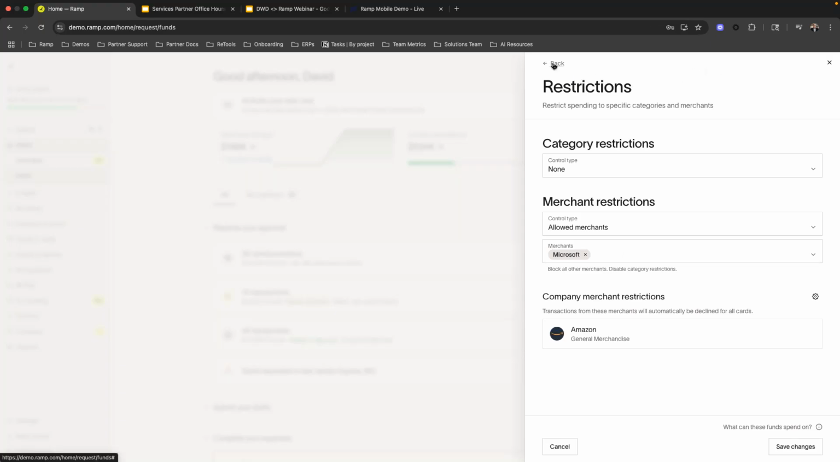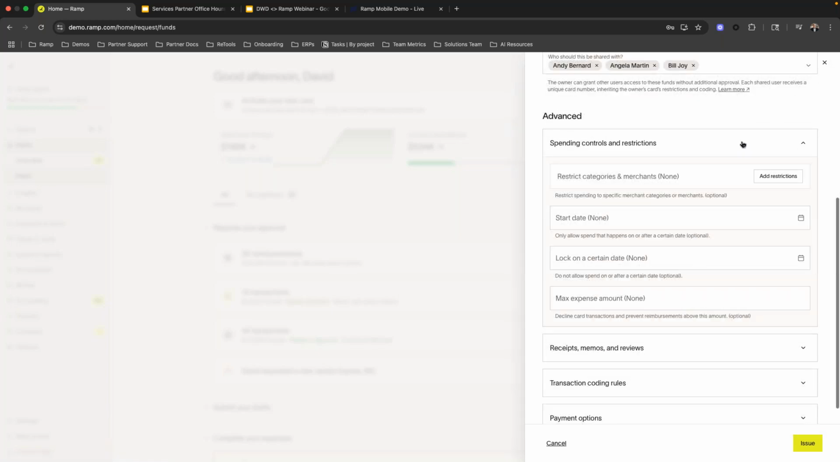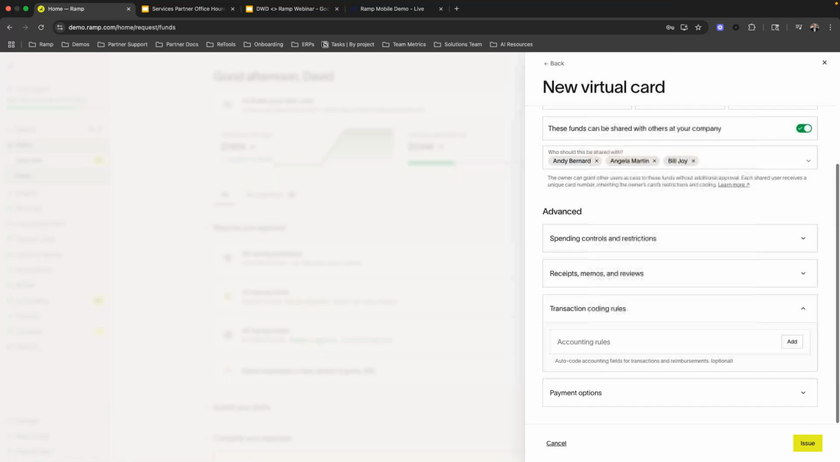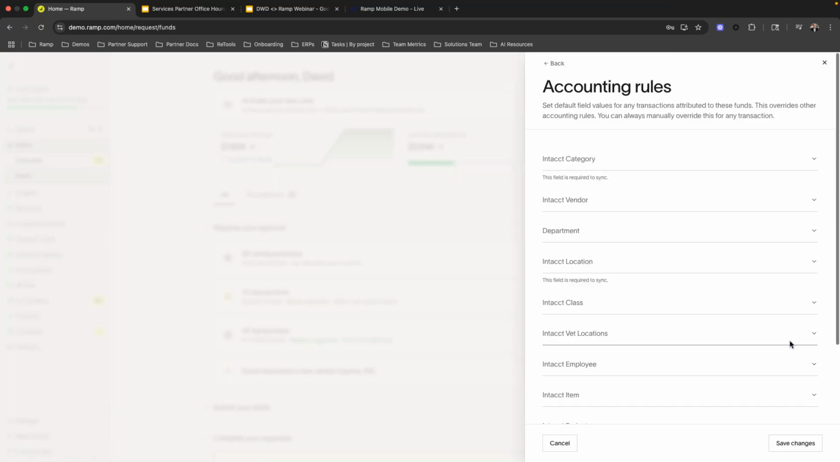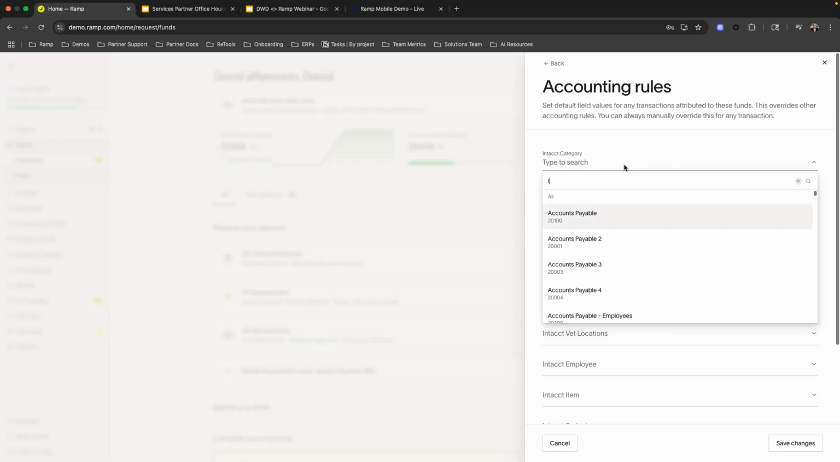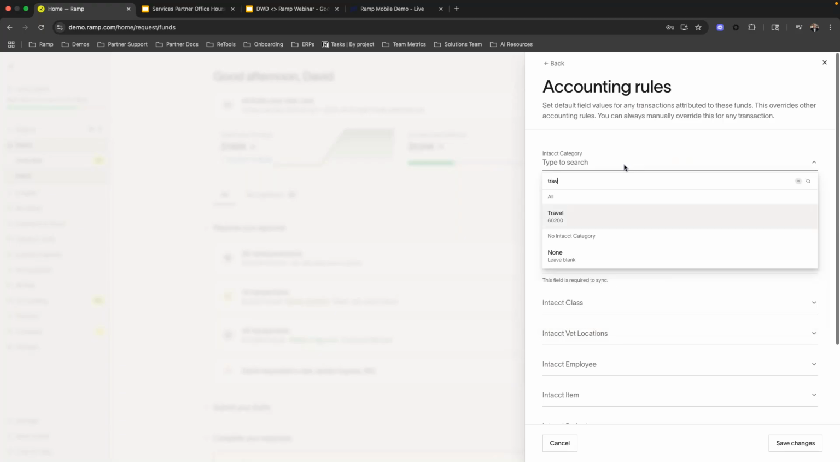So again, a huge tool that can also help us prevent fraud in those different kinds of situations. But on top of this, we have those cards and controls, but we also have automated accounting that we can have attached to this card. So this is my sales team travel card. Awesome. I know that every single time this card is swiped, I want it tagged to my Intacct GL account of travel. Every single transaction is going to be coded that way,